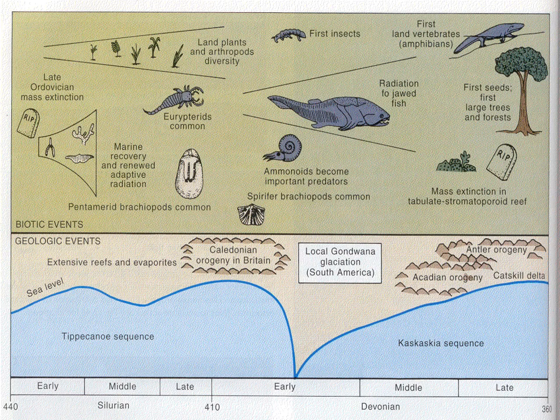And then we have the Acadian and the Antler orogenies going on in North America, the Catskill Delta, and that's when we start seeing mass extinctions of tabulate corals and stromatoporoid reefs as our amphibians move on to land and plants start evolving into more trees and forests. So we're starting to see a more terrestrial ecosystem by the time we get through the Devonian period, moving our way towards the late Paleozoic,